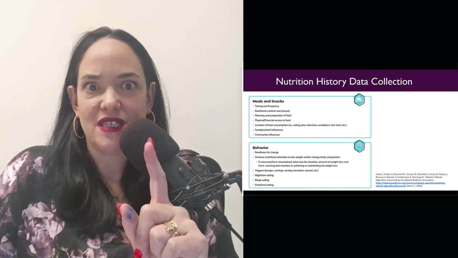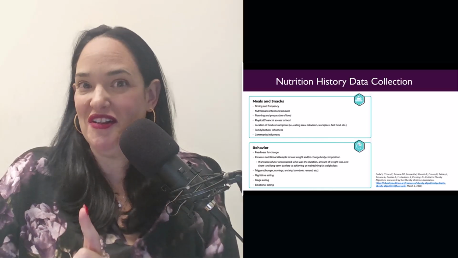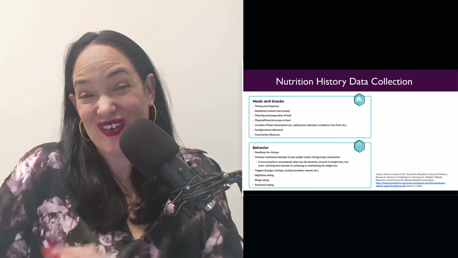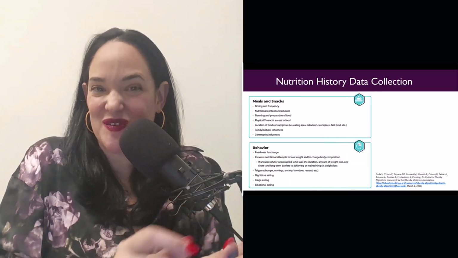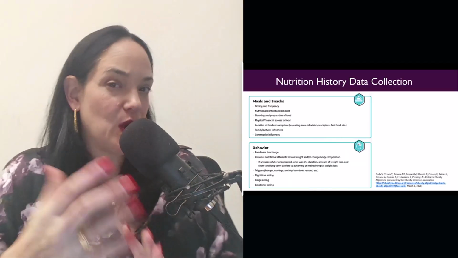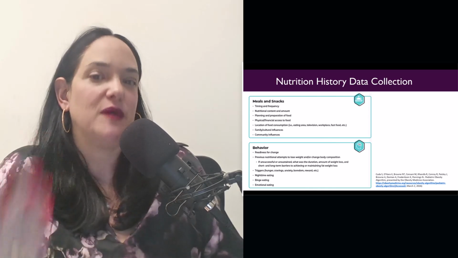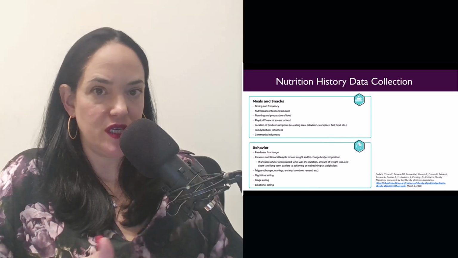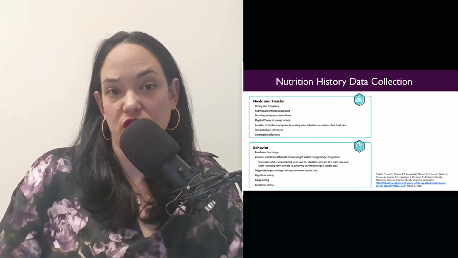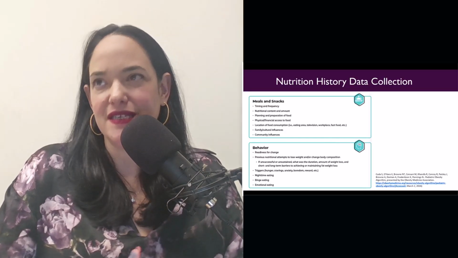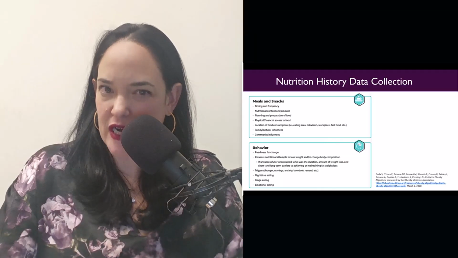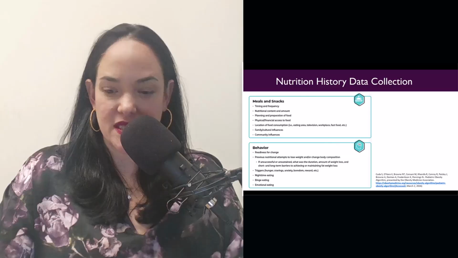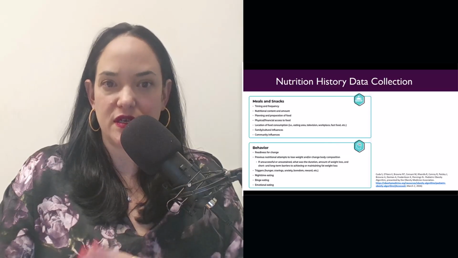And then triggers. I think that's a really important thing for all of us to assess our own behaviors and figure out what are the triggers that often trigger the behavior we're doing, whatever that behavior might be. Awareness is a really good place to start if you want to change behavior. And then, is there binge eating, nighttime eating, emotional eating? All of these things are good things to screen for as well. And again, ideally someone with the appropriate scope of practice that is trained in dealing with these things. That's why, again, an obesity-oriented dietitian is a great person that can help with this.